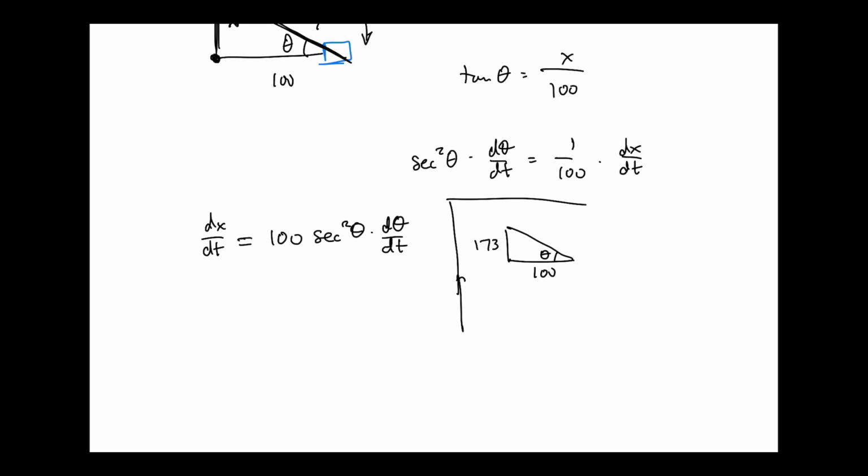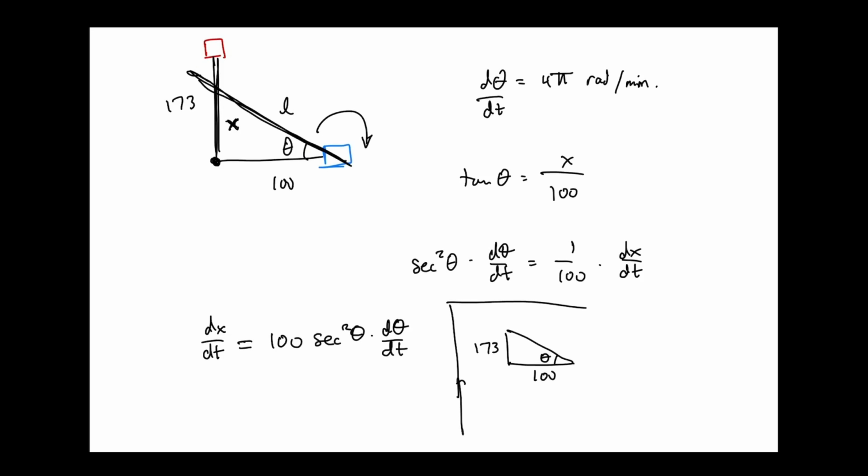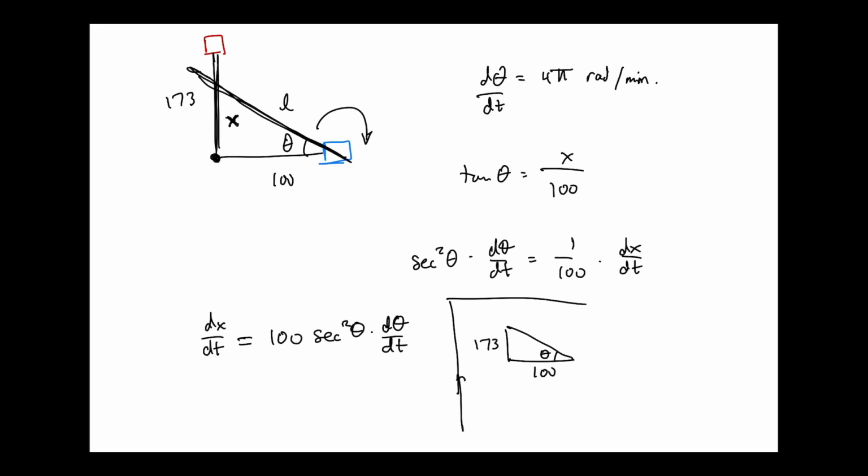related rates problem with the lighthouse and the beam of light, and we had gotten it down to this point where we had dx/dt, which was the rate at which the light beam was traveling up the shore, in terms of the secant squared of theta and the d theta/dt. And the problem we had,